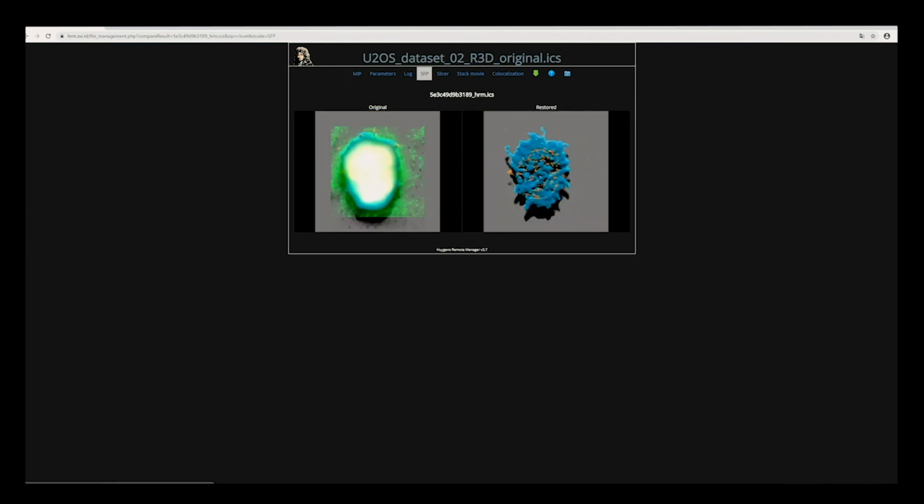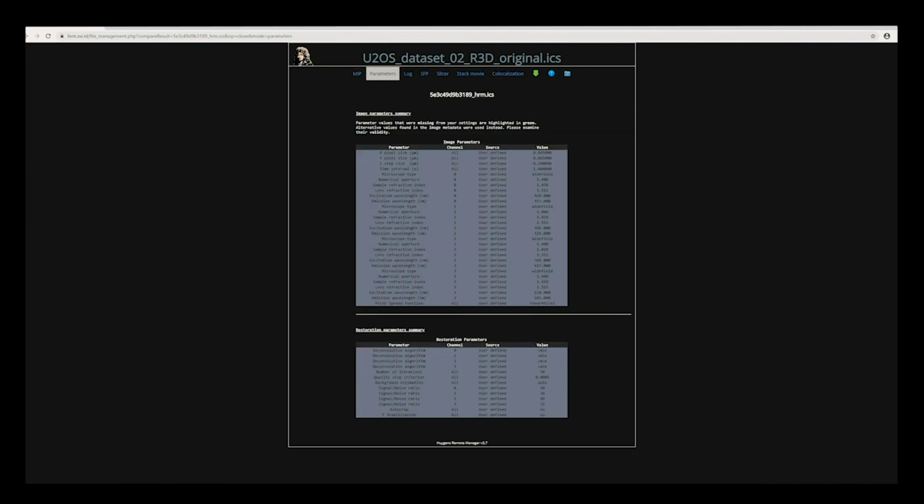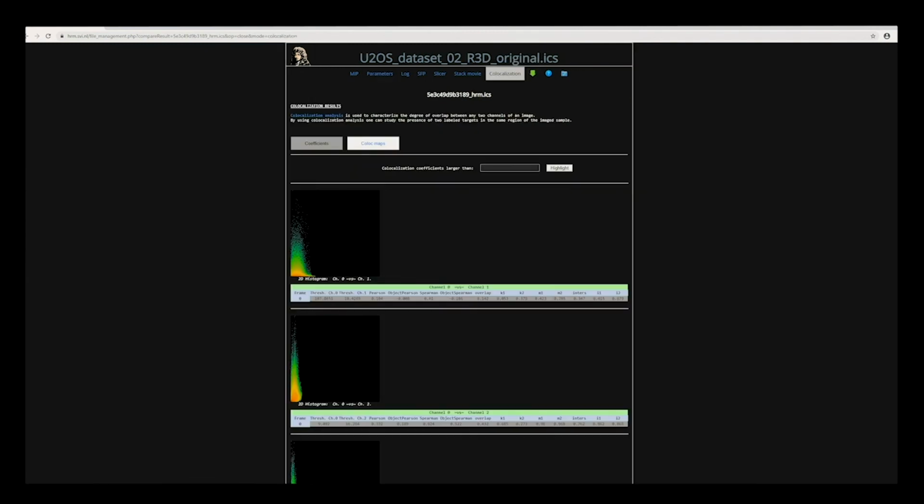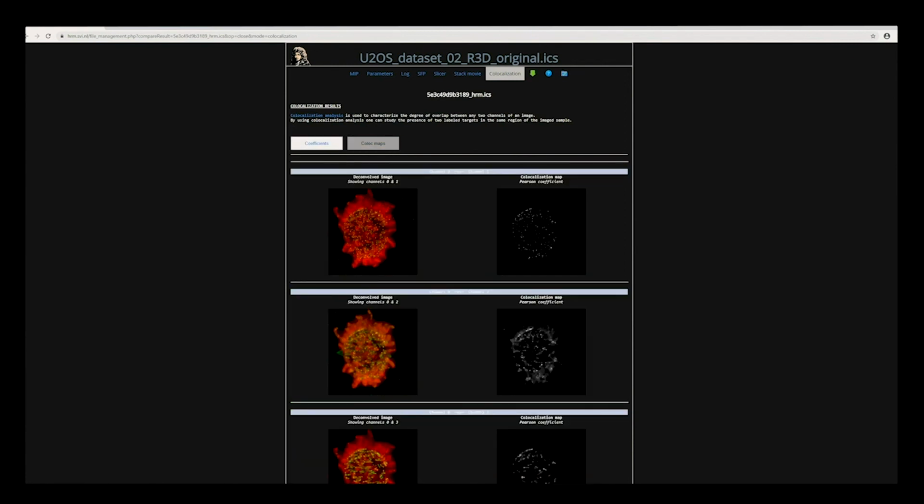We also have the simulated fluorescence process, raw data versus deconvolved data. We have parameter tables with summaries of all the values used for deconvolution. We have the colocalization with the two-dimensional histograms, of course, the coefficients and the colocalization maps. All of it has been processed by the remote server. So HRM, the central web server, has retrieved everything from the remote server and is showing that to us